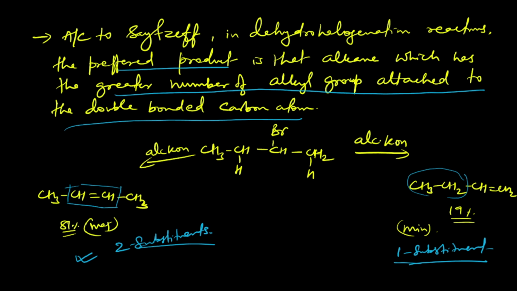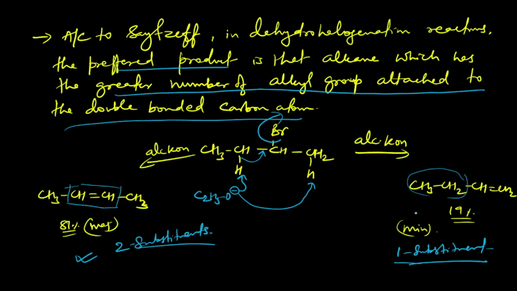Let's see. This is alcoholic KOH. It means we have this base which is taking this proton, and if it is going like this, bromine will go out and you will form this double bond over here. Suppose this base is taking this proton, if it is falling back, you are getting this double bond, right? But now